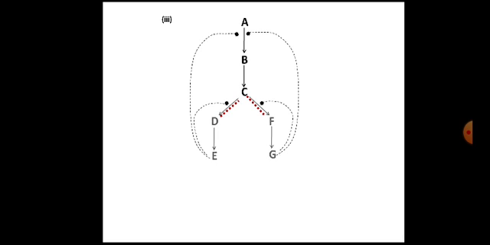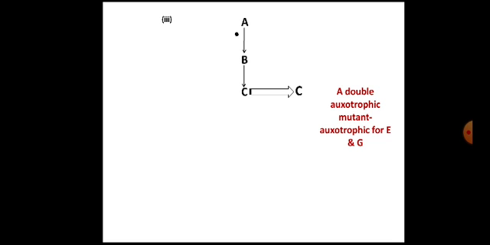So this mutant will no more produce the end products of both the branches, and this is how the organism will be mutated. There will be conversion of A to B and B to C, and C will be overproduced. In this case, this mutant will be called a double auxotrophic mutant, and it is not synthesizing two end products or two growth factors, that is E and